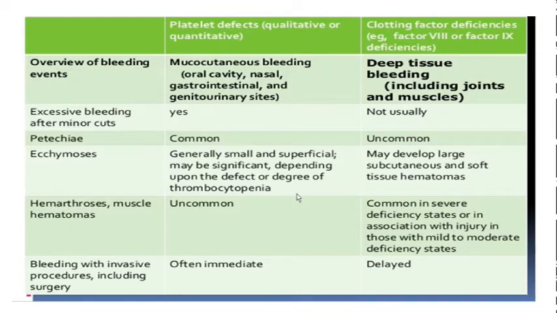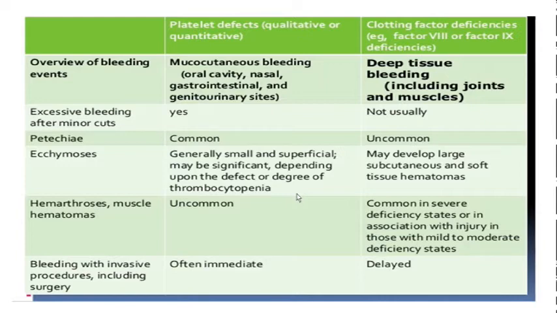While petechiae are not very common in cases of clotting factor deficiency, ecchymosis is very common, which is usually a large coalescence of petechiae or a large subcutaneous collection of blood, something close to a hematoma, and it usually forms subcutaneous and soft tissue hematomas. Hemarthrosis and muscle hematomas are very uncommon in cases of platelet defects, and more common in cases of clotting factor defects. And bleeding with surgery is very immediate in cases of platelet defects,